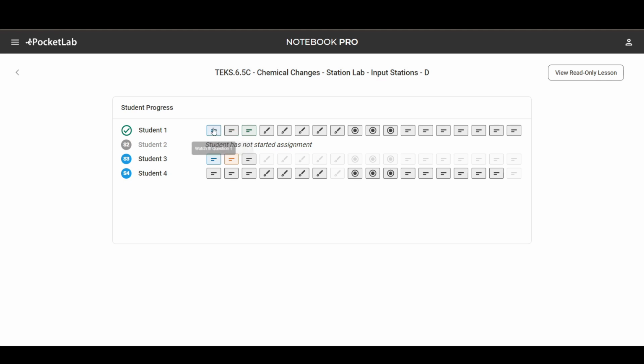So here we can see that student 1 has completed every section and they've actually turned this in. Student 2 hasn't opened the assignment yet. Student 3 has started on it, they've only made a little bit of progress here, and then student 4 has